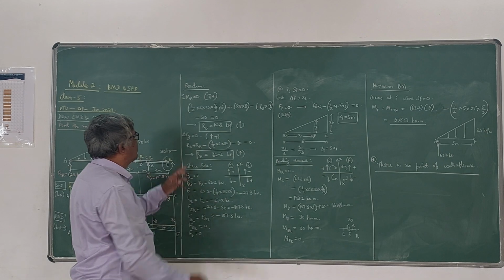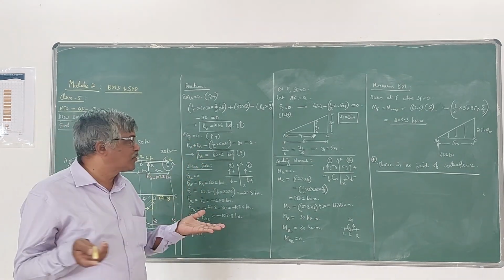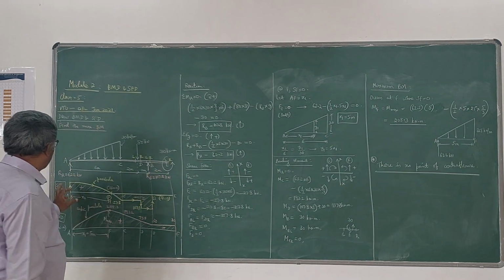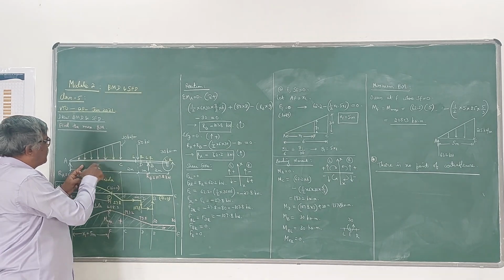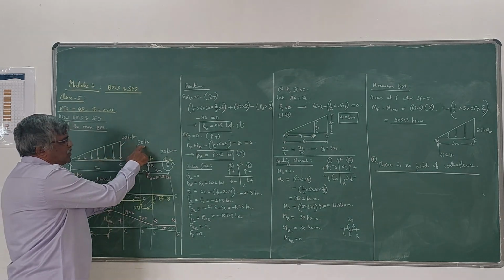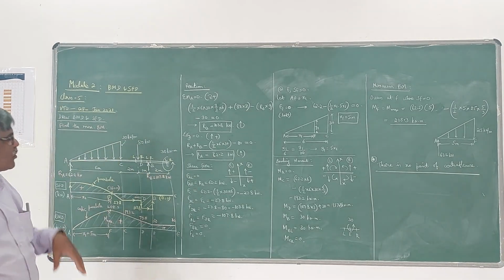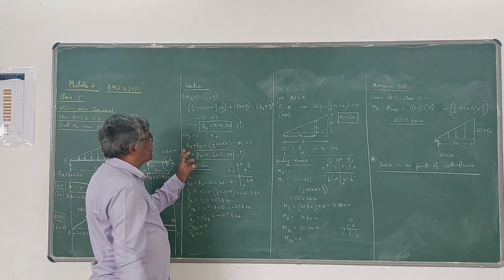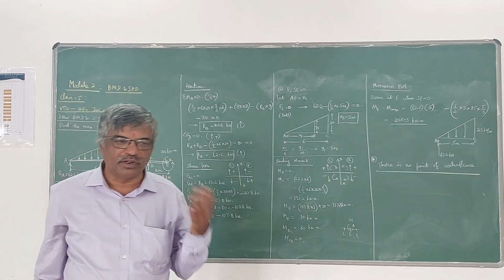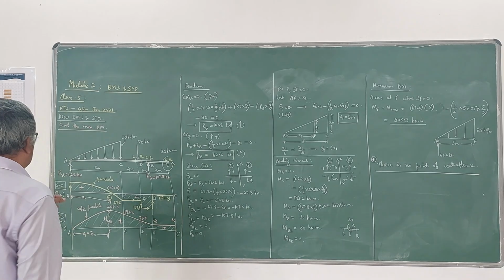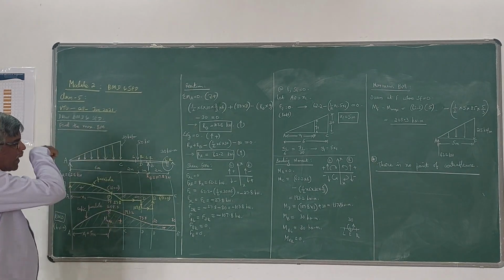Now the second equilibrium equation is sigma F equals 0. The sum of upward forces should be equal to the sum of downward forces. So RA plus RB, the upward forces, should be equal to this triangular load which is acting downward, half into 6 into 30, and also this 80. This moment you should not consider when you are writing the force equation. This is the force equation. If you simplify this, you are going to get RA as 62.2 after substituting for RB. So these are the reactions now: 62.2 kN and 107.8 kN.